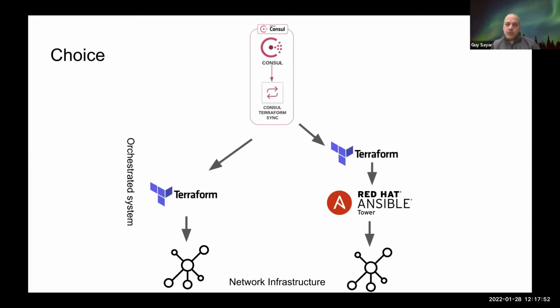And it doesn't have to be Terraform, right? If you have invested in automation that isn't Terraform, here we call out Ansible, but it could be your own homegrown automation scripts or whatever it is. You could plug in a homegrown Terraform provider. So it doesn't have to be Terraform directly speaking with your network gear, meaning you don't have to use Terraform in its entirety to be able to benefit from this integration. You'll have to put it there so that Consul can talk through Terraform to the appliances.